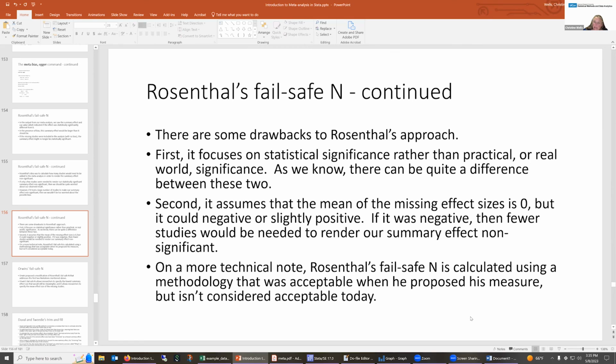And if it was negative, fewer studies would be needed to render our summary effect non-significant, right? That makes sense. And on a more technical note, this whole thing was based on a methodology that was acceptable when he proposed that measure, but it isn't considered acceptable today. But that's the idea. And I just want to get you that idea so that we can see what comes